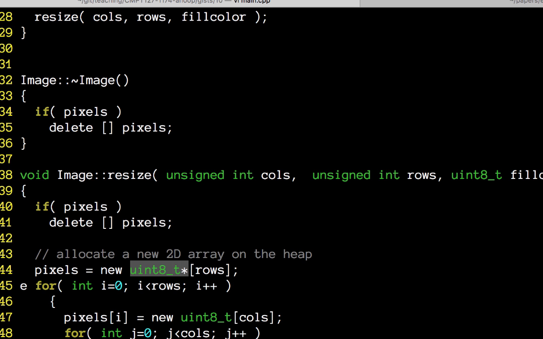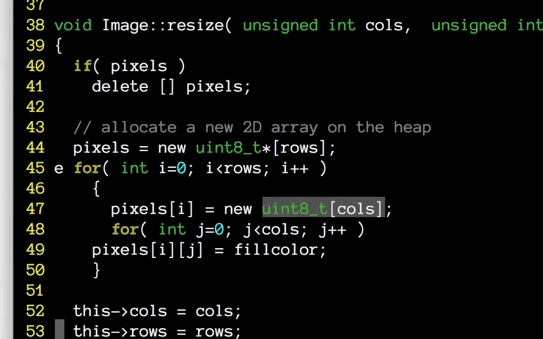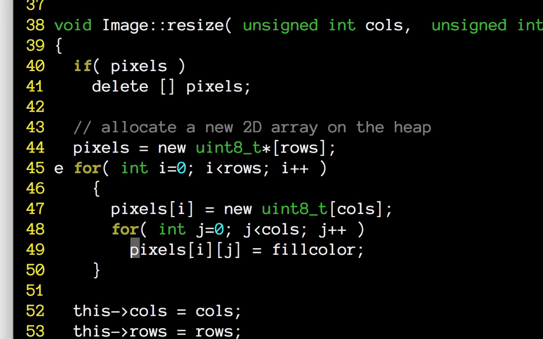and each element is going to be a uint8_t pointer, because for each row, we're going to allocate the number of columns for that row. So pixels[i] is equal to new again, and the number of columns. So as you can see, this is creating a 2-dimensional array, and the nice thing about it is you can